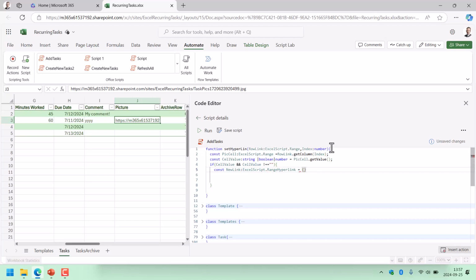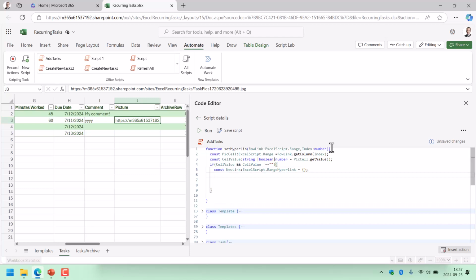And the reason we're doing that is because we want IntelliSense on that object. That makes it very easy to work with. So we're just declaring a new object, like here. We're instantiating a new object, and that's going to be of the range hyperlink type. So now we can set the new link, and you see here we get our IntelliSense. So the address is going to be the cell value,